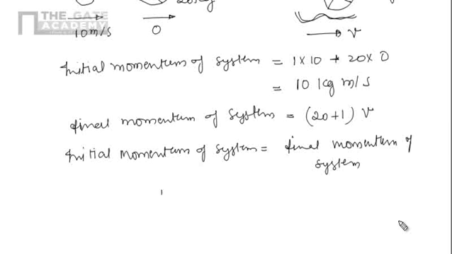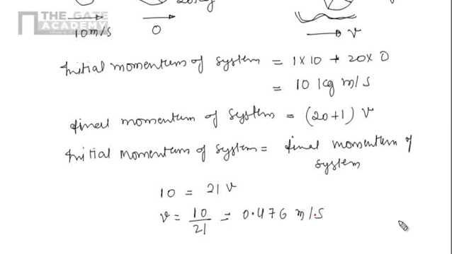So here I am having 10 equals to 21 V. So V equals to 10 by 21, and if we divide 10 by 21, we will get around